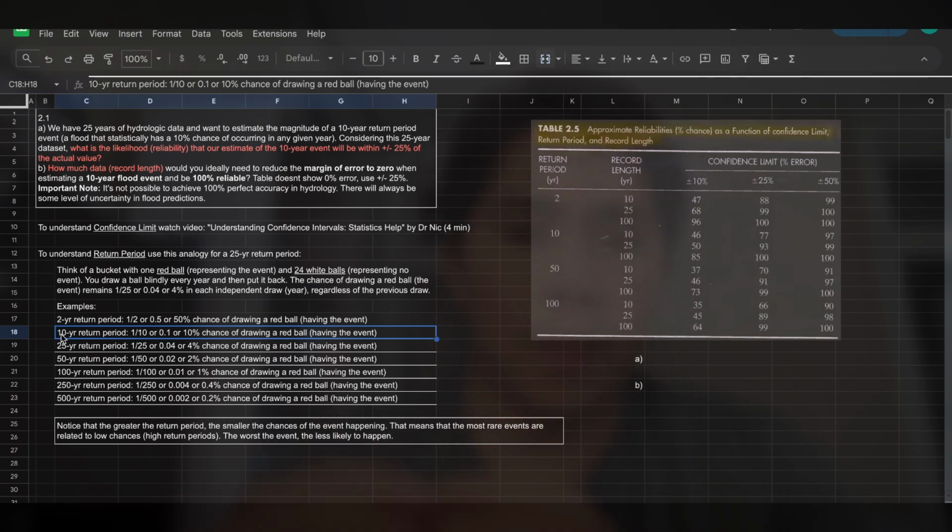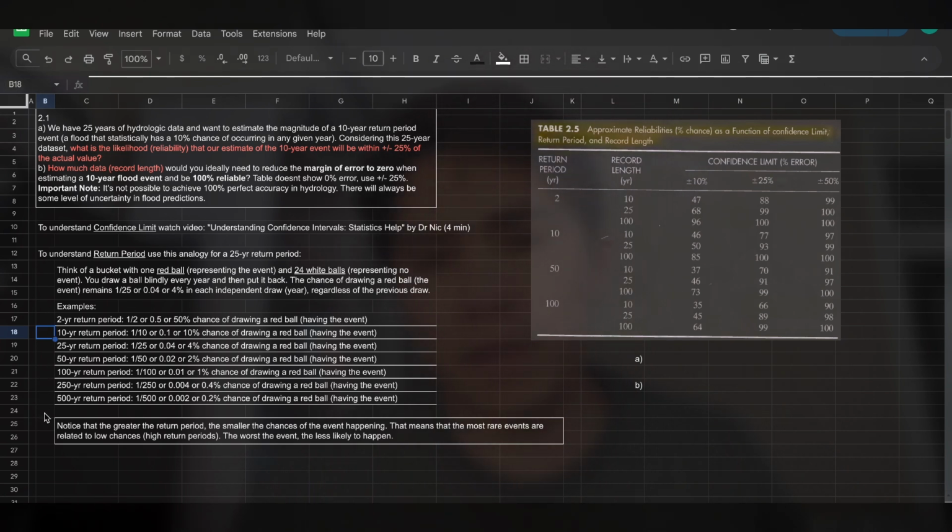the chances that you pick the red ball are much smaller. They're lower. So it's not that the event is going to happen every 10 years, but your chances are 10%. You get 10% chances. I hope this clarifies a little bit the idea of what a return period is. This is a very, very simplified example, and I feel like it will help you understand better what a return